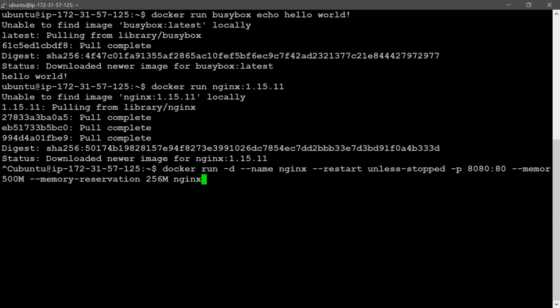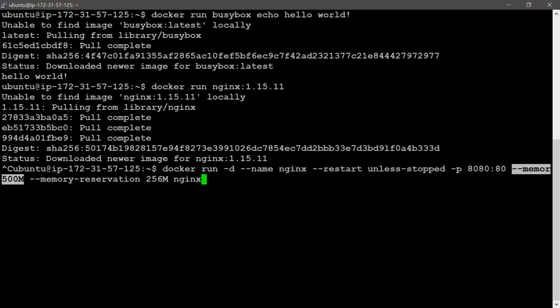We can use only one of them. Don't use both options in a Docker command. Then the -p flag, I provided 80 as the host port, then a colon, then the container port. Then --memory 500m.